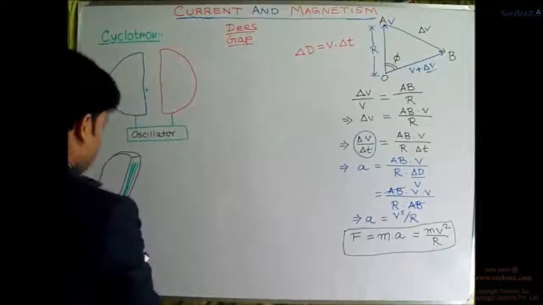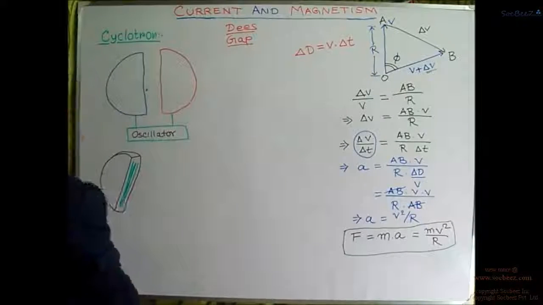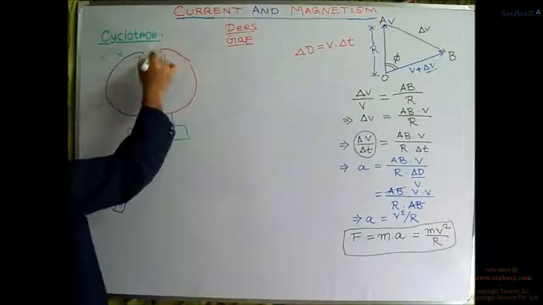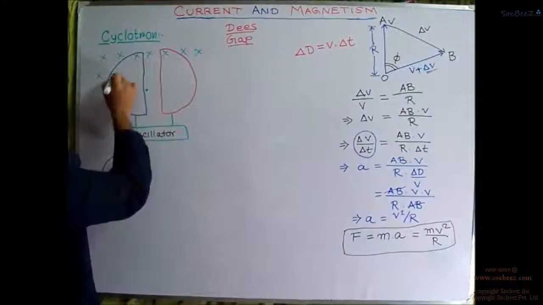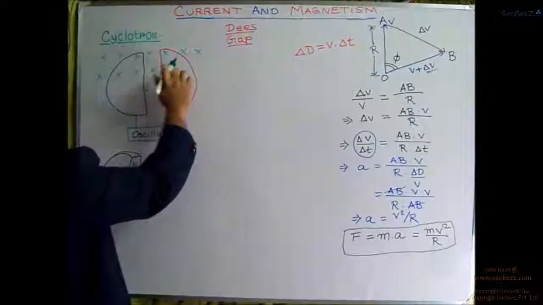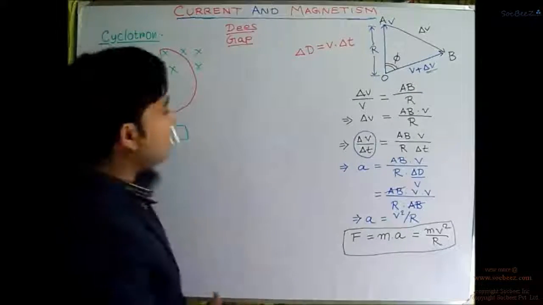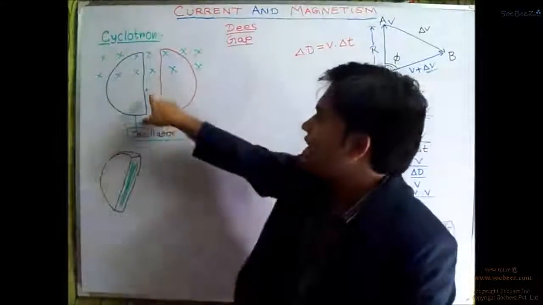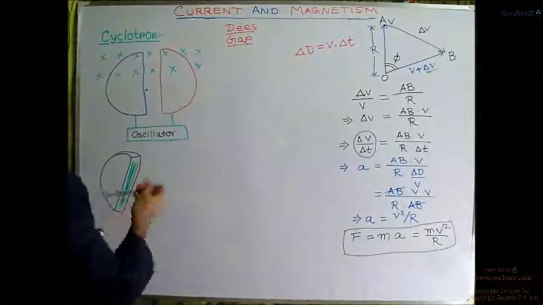Now say for example, if over here there is magnetic field, then obviously we could say likewise that the magnetic field is going into the plane of the paper, or moving away from the reader. And likewise this is applicable on the entire thing. Now here comes the concept. This small thing which is being kept over here,